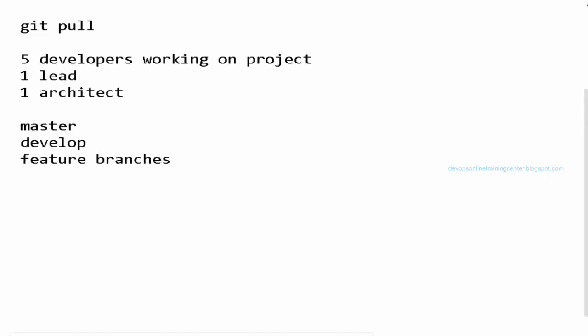right? So it is us actually who decide what to do, how to follow the best practices, the best DevOps practices, right? So there is a repository, there is a master branch. From master branch, we create a develop branch. So from develop branch, what happens is every developer creates their own feature branches, right? So we'll not directly work on the remote repository, we work on the local repository. So let us say I am a developer or a DevOps engineer, right?